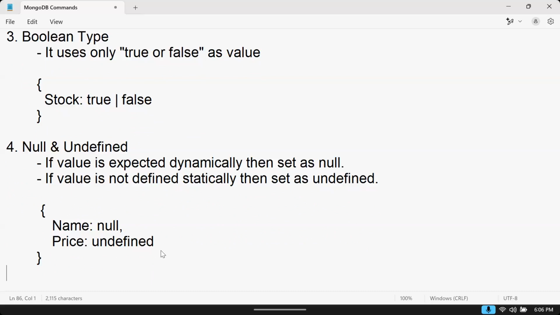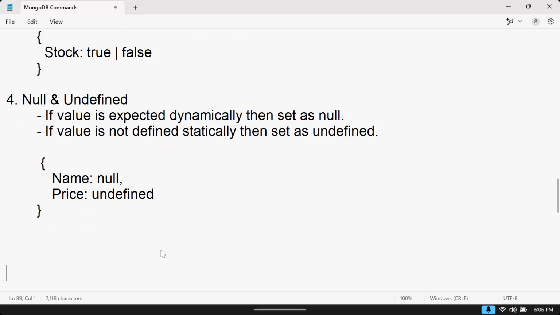I am giving important data types that we regularly use in databases. In our project also, we will implement all these types and see how to handle. So null, undefined, boolean. Now next one, we have